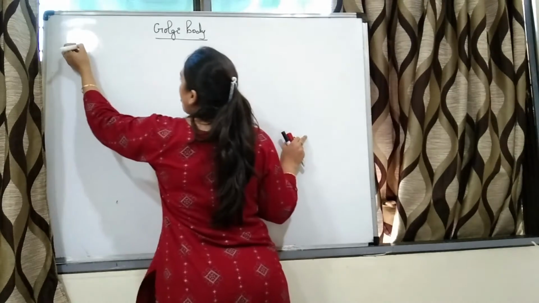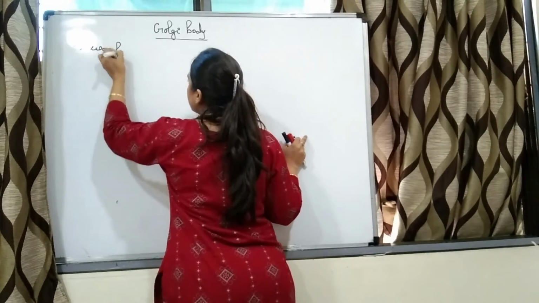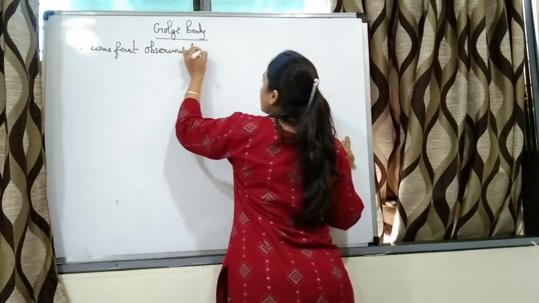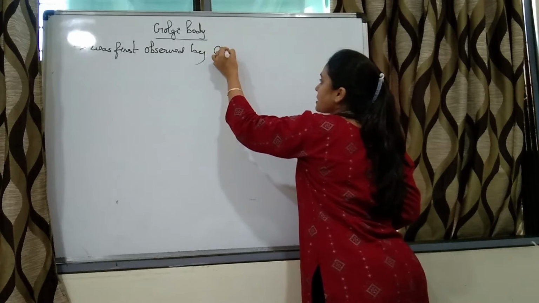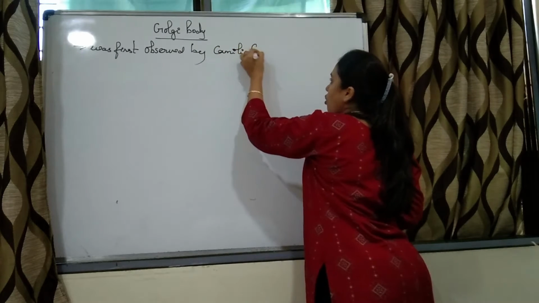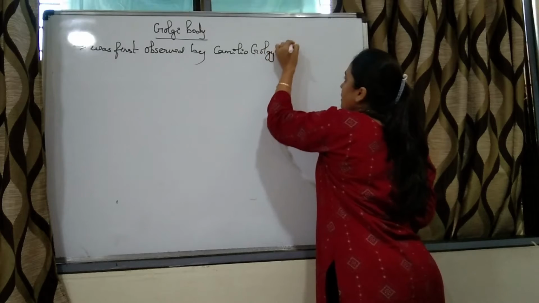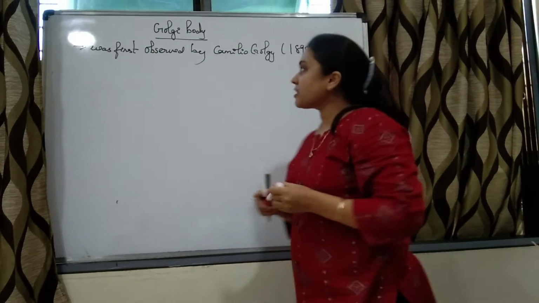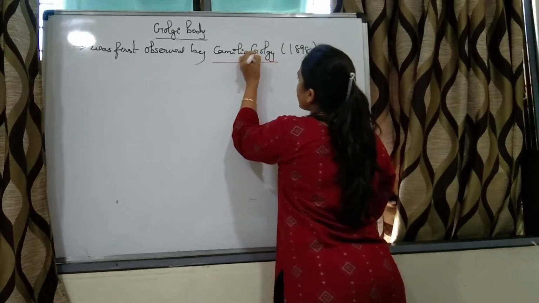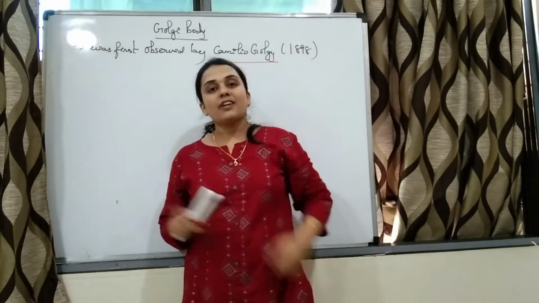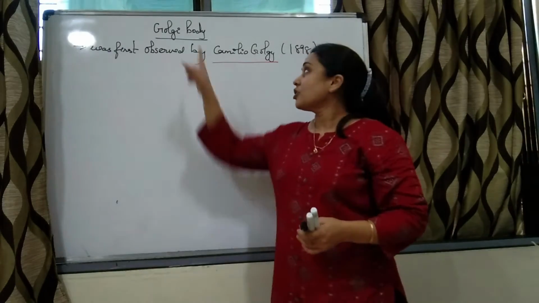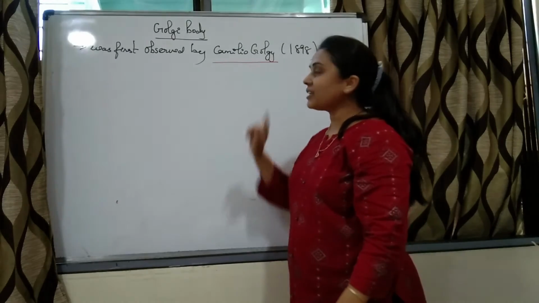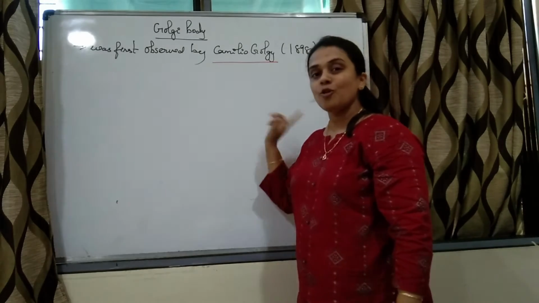The organelle Golgi body was first observed by the scientist Camillo Golgi in the year 1898, right? So the scientist who first observed the Golgi body is Camillo Golgi, and from the same scientist the word Golgi body has come. So the organelle is known as Golgi body from the name of the scientist who first observed it, Camillo Golgi, in the year